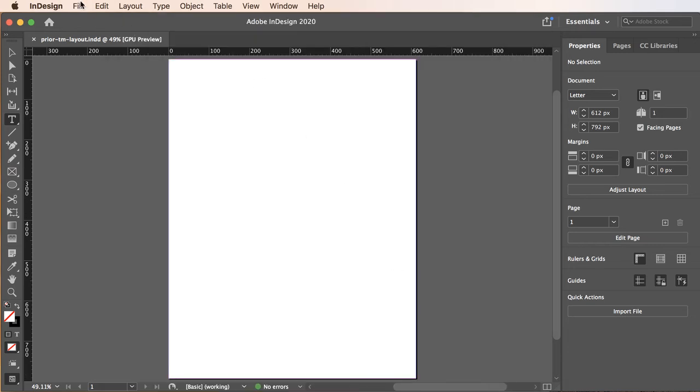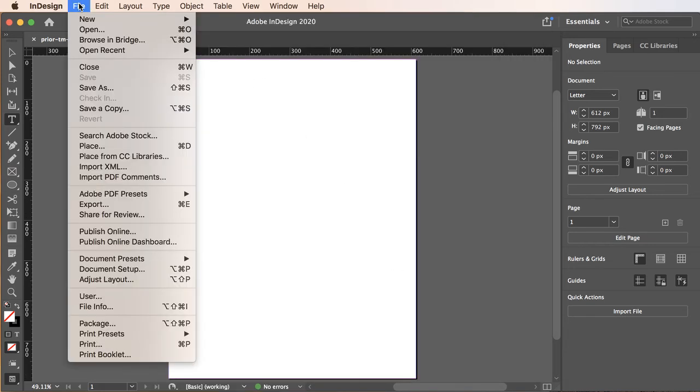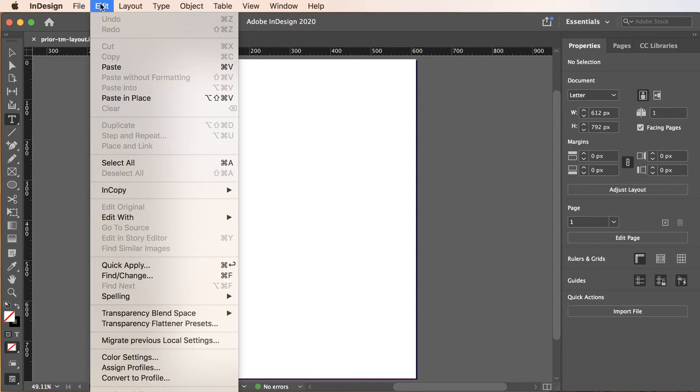OK. The next is we will go to File, and if you need to change, and I don't know that you can get at everything, but you can get at your document setup, okay? And you can make some basic changes to your document setup. We're going to go to Edit,